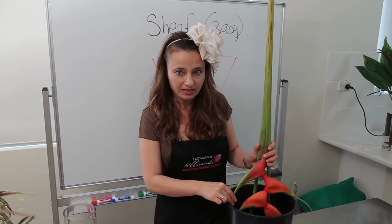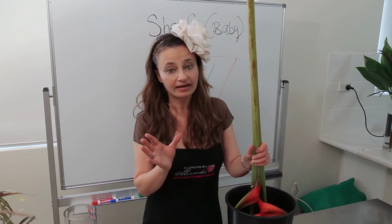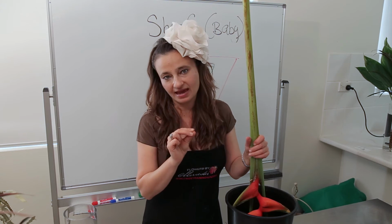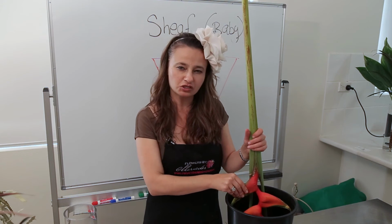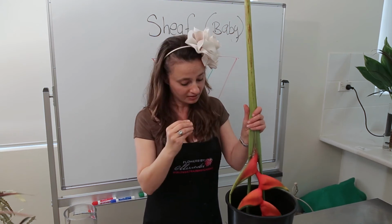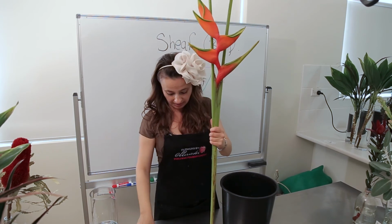And you need to soak in the head of your heliconia for a minimum of 15 minutes and a maximum, if you like, overnight. They do drink from their heads, and if they do drink from their heads, you are increasing their lifespan by 2 to 3 weeks. So every time you feel that it's getting a bit soft and not so crispy in feel, that firm feel, you need to then drown it in burped water. Once it's drowned, you then shake it off with the water, turn it back to upwards position, cut the stem,